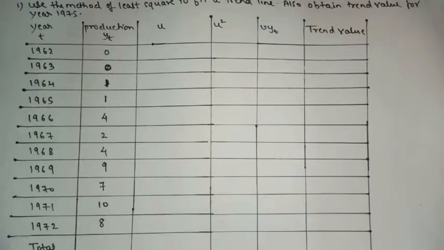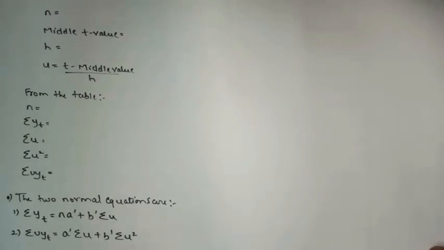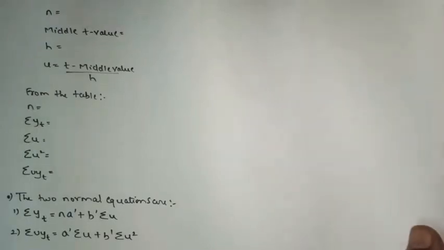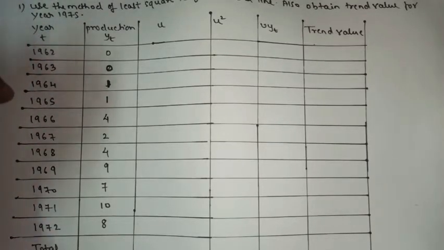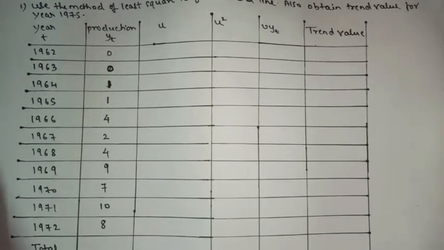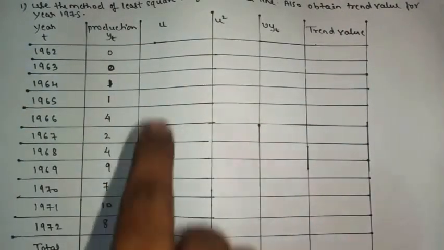So when it is odd, there is a format which you have to remember for odd, and for even also there is a proper format which you have to follow. The number of observations which I counted is known as n. As we saw, there are 11 observations, so n is an odd number. In this way you have to guess whether the sum is odd or even. Always in the first column you will have year, in the second production,